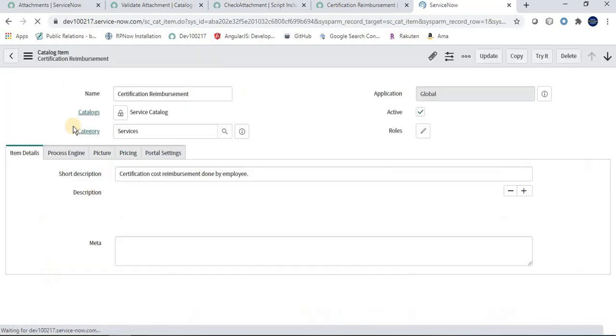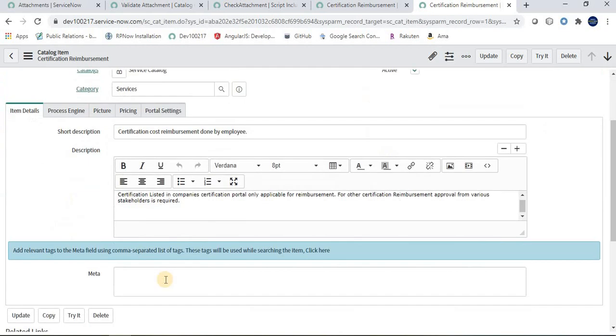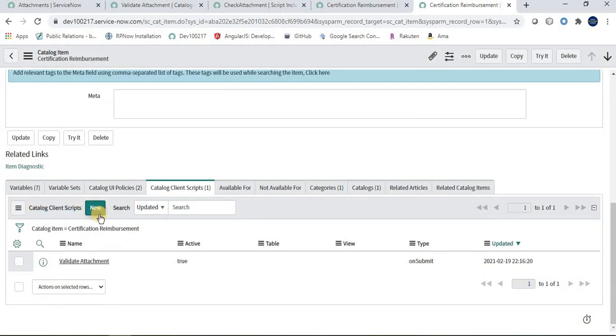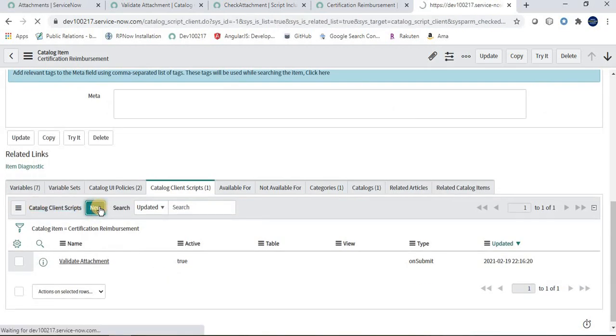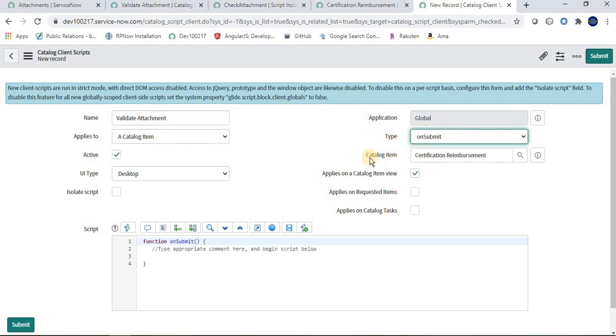Now we are validating numeric value. So here again go to catalog client script, click on new. Now here I am saying validate. This one is a very simple one. So here I am selecting onSubmit again.